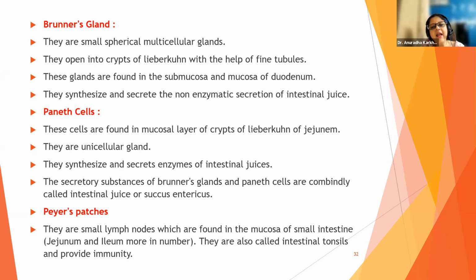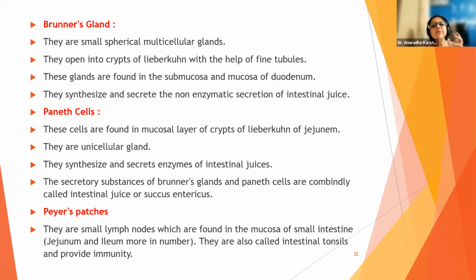Okay, got it? And they are going to have the mucosal layer with the villi. But in the esophagus, the villi are not very well developed, as we saw just now. Correct? In the stomach, these villi are going to be finger-like, right? In the intestine, they are going to be conical. But in the duodenum, these are going to be blunt, while in the jejunum and ileum, they are going to be very pointed and tapering. This is what we saw just now, right?